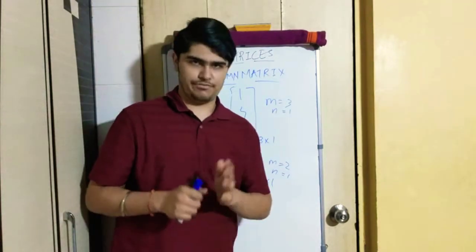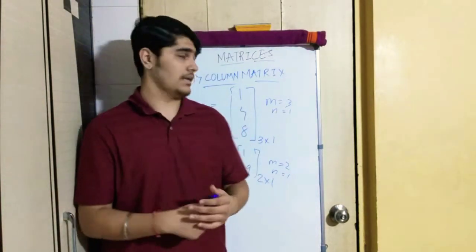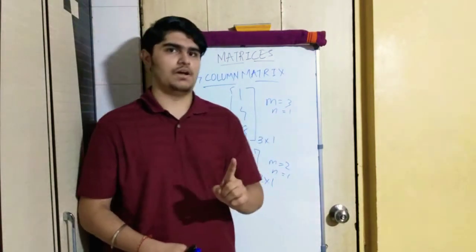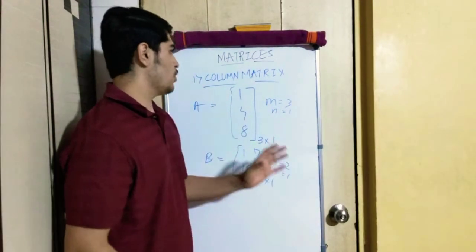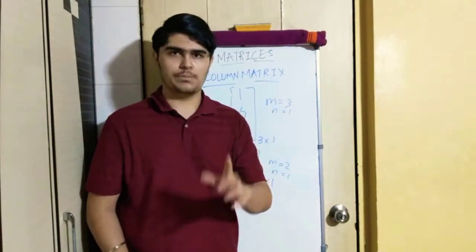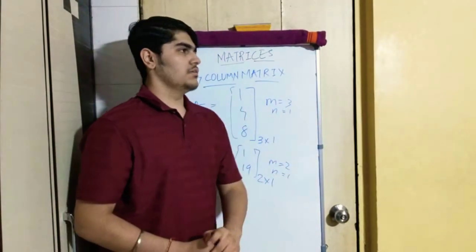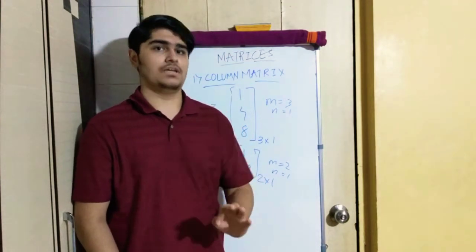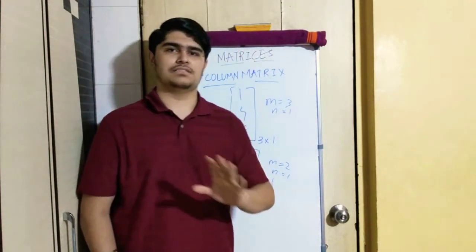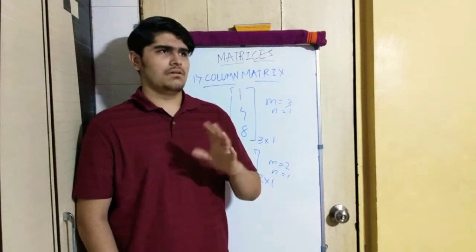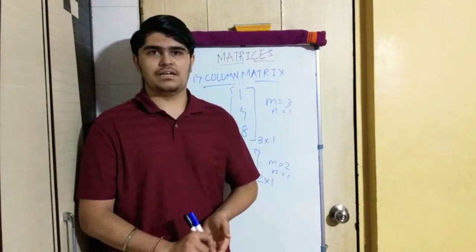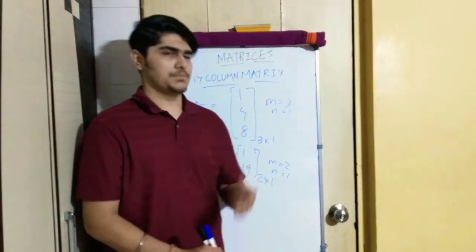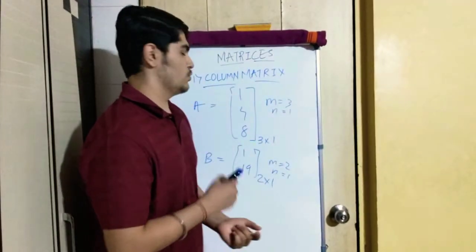If you want to write the definition of column matrix, you can write it as: a column matrix is a matrix consisting of just one column and n number of rows. And as I told you, there are mainly 3 rows and 3 columns. That is, the 3 by 3 matrix is the most asked matrix in the boards or in your school exams, that is prelims. So you can copy it down.